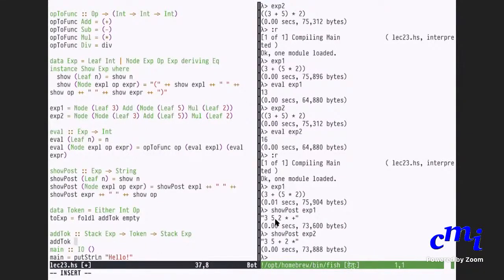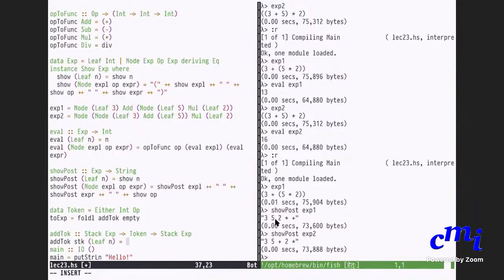Right. So no matter what this thing is, your stack is STK, let us say. And your token, there are two possibilities for token, right? If it is leaf n, then what do you do? You will just add it to the top of the stack.